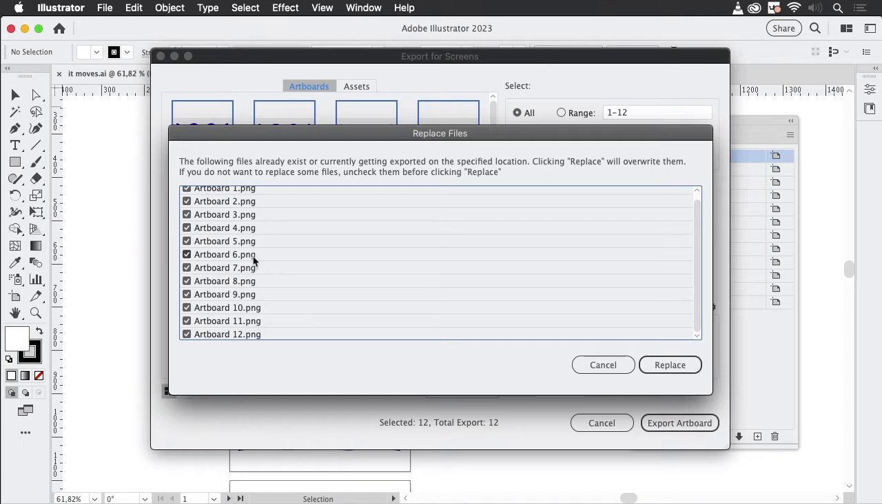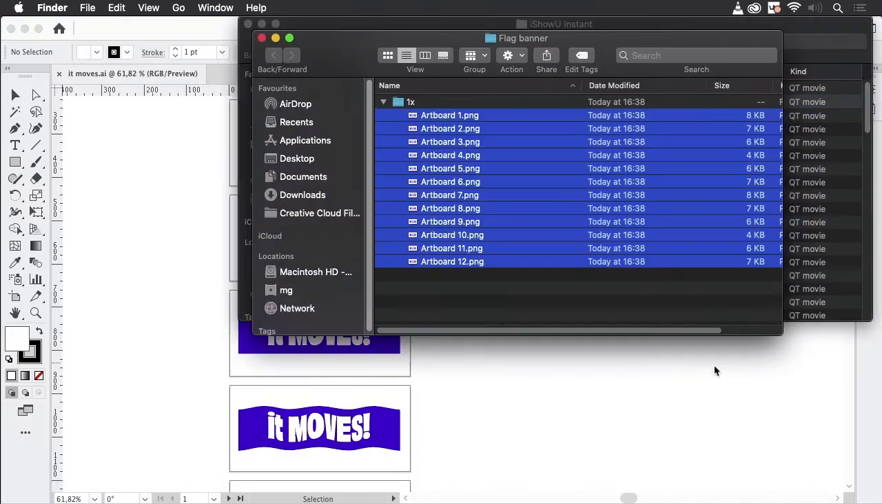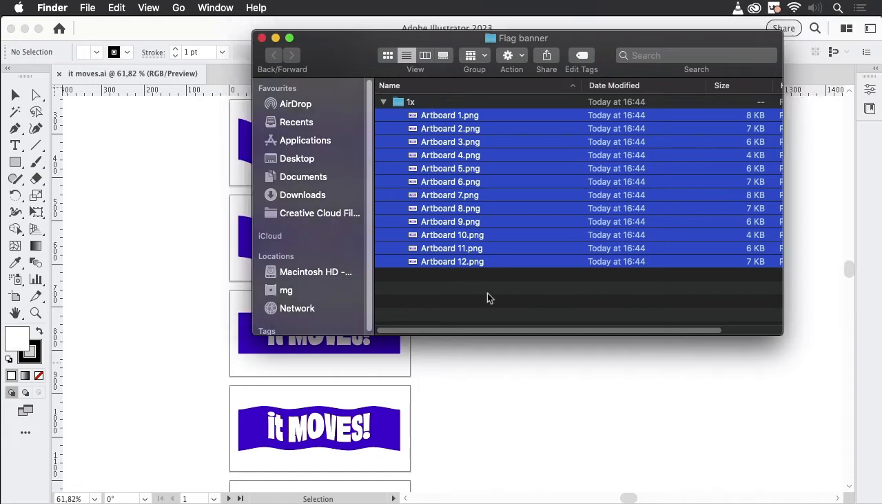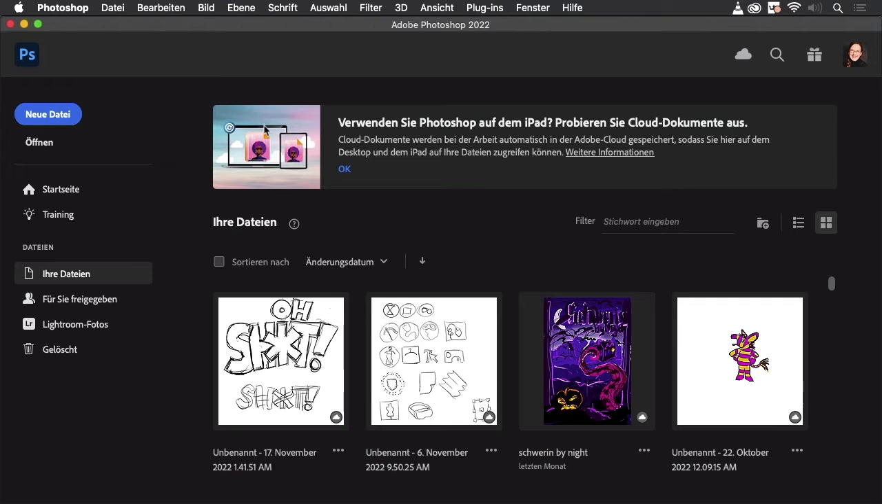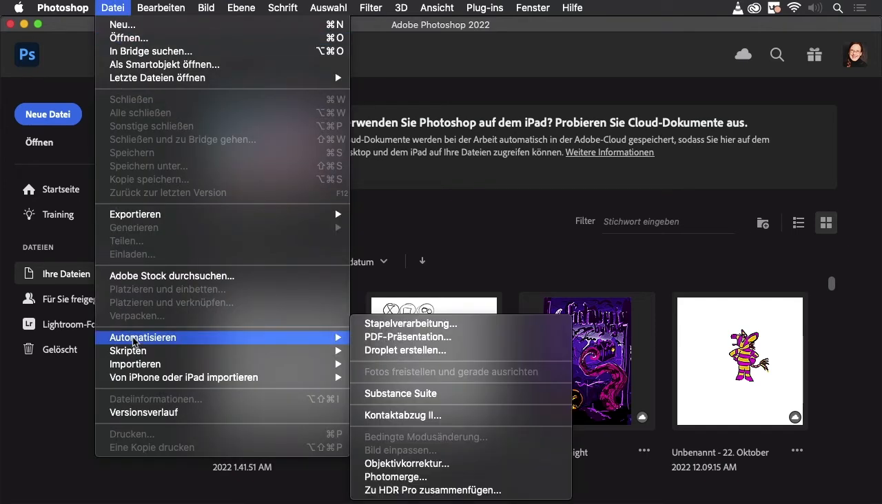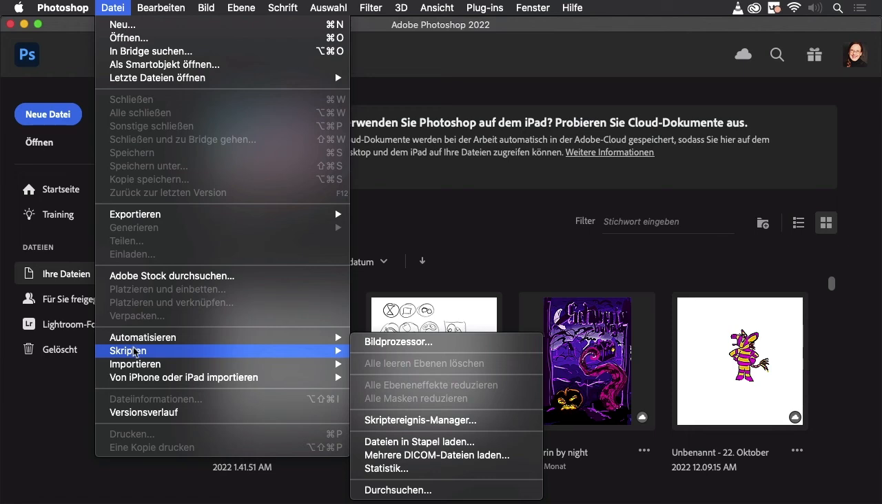They already exist. And what we see in here is that they are named with logical numbers. So that's important, so they can be sorted automatically. And let's just replace them. There they are. So next thing, we are going to Photoshop, and in there go to File and then Scripts and